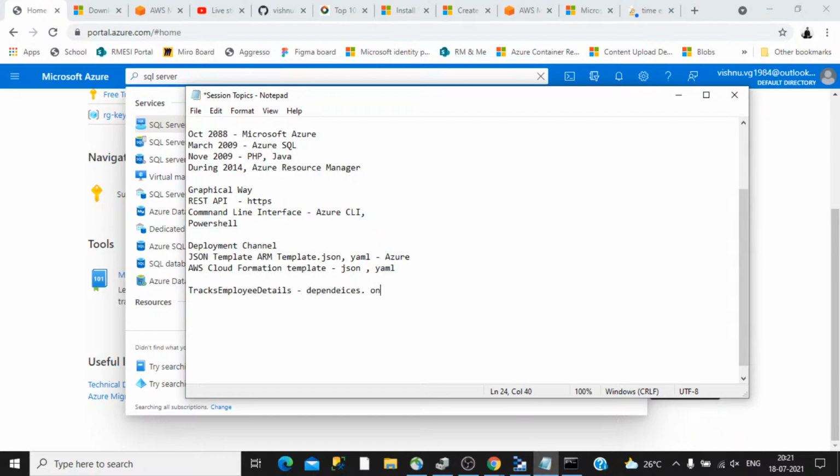So one of the dependencies, for example, is an Oracle database. So it is using an Oracle DB. The problem here is that this is an on-premise based application that was traditionally developed a few years ago.